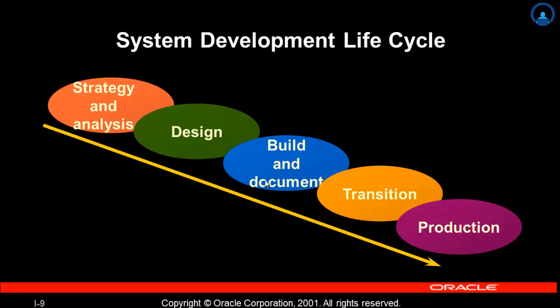Build and development or document. Build the prototype system, write and execute the commands to create the tables and supporting objects for the database. Develop user documentation, help text, and operations manual to support the use and operations of the system. Transition. Redefine the prototype, move an application into production with user acceptance testing, conversion of existing data, and parallel operations.